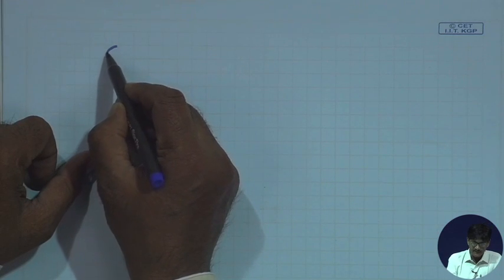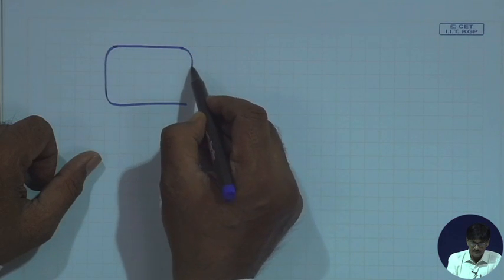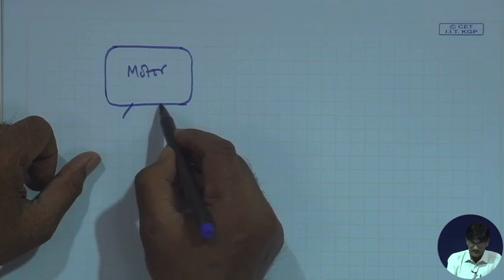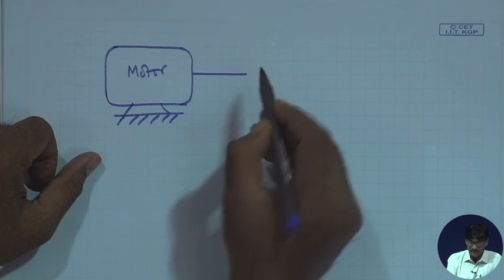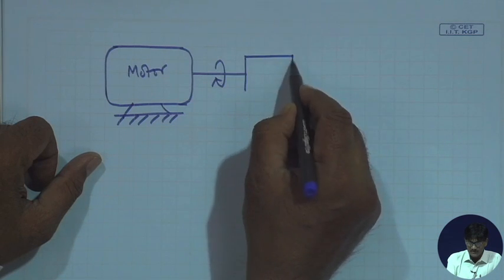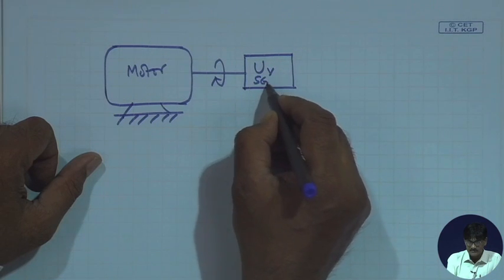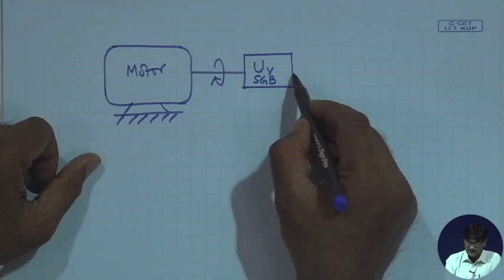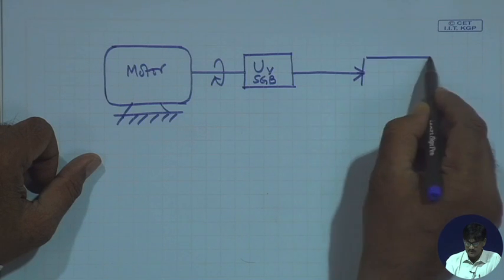On the lathe, we have a motor, from which we are drawing power, and if you remember, we have the location of speed gearbox, let us call it SGB, speed gearbox here. And after this, just like in the gear shaper, we have the spindle to contain the workpiece,